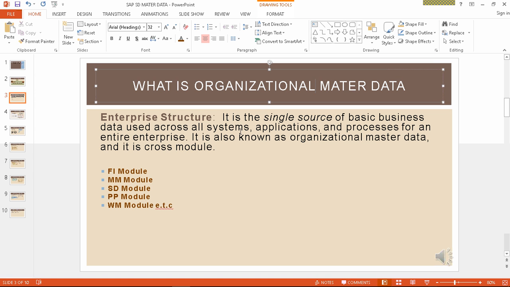These are modules in SAP, and you can also call them the business sector. So the master data is cross-module functional. Like the master data that I need to justify my role as a sales and distribution functional consultant, some of the master data for the enterprise needs to be configured in the finance module. Some also needs to be configured in the material management module. Some needs to be configured in the production planning module, as well as the warehouse management module. So it is